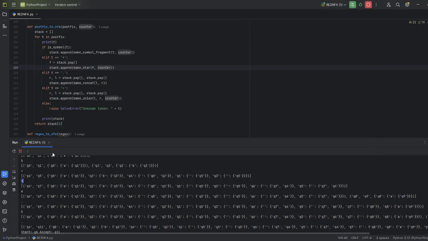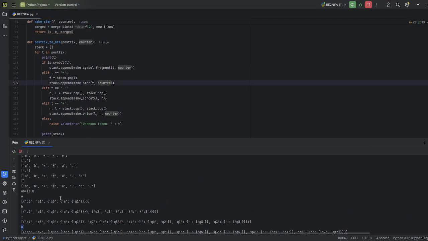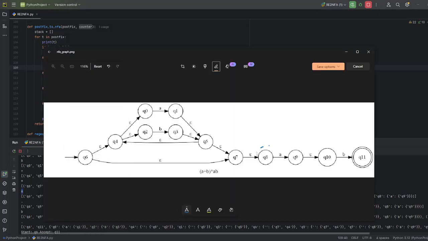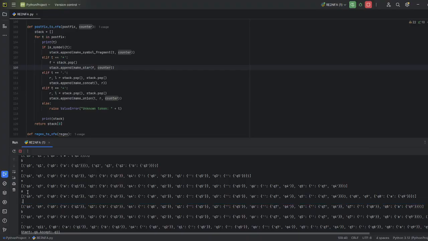And then after that, the next symbol is A. So you'll create another representation of an NFA for that particular symbol, which is A, and then you need to concatenate that A to the previous element in the stack, right?